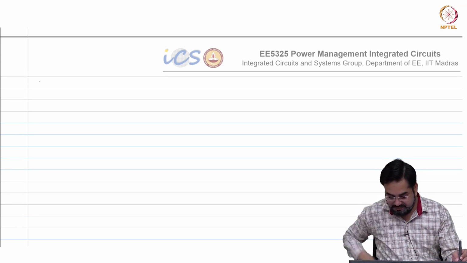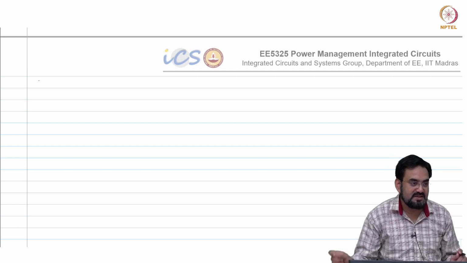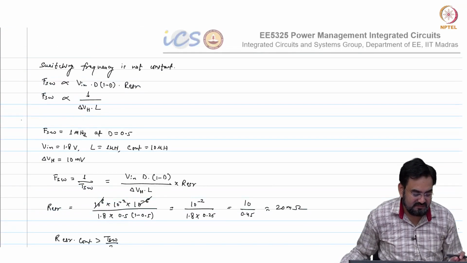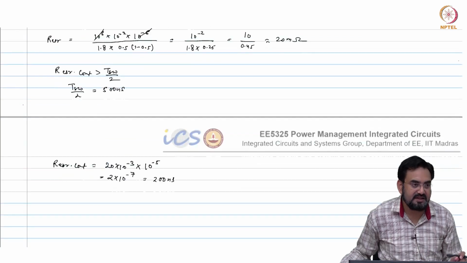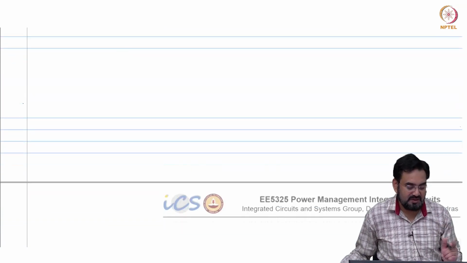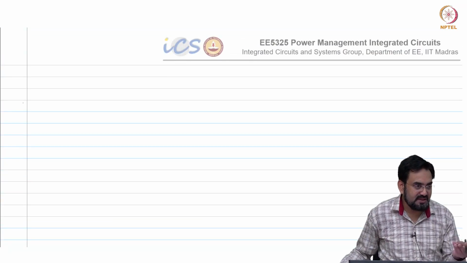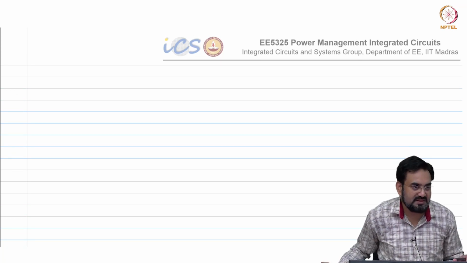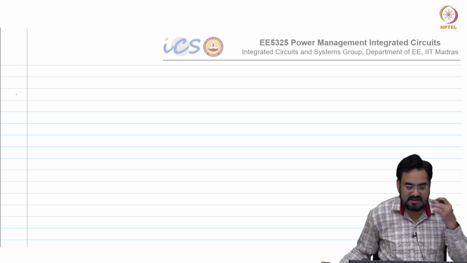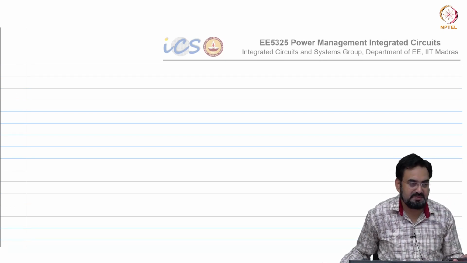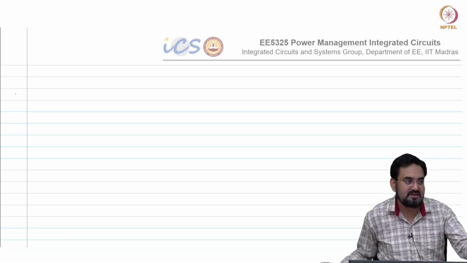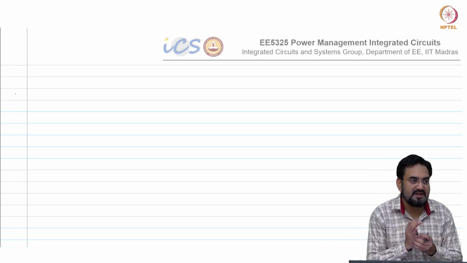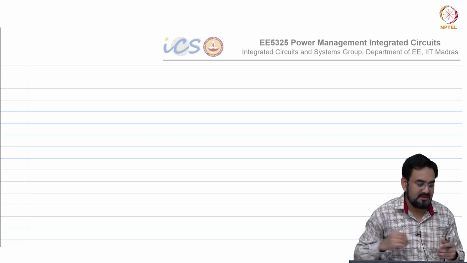Okay, so by the way, when you are sensing the output voltage, we call it voltage mode hysteretic, because we are looking at the output. And we saw the issue was that you need a large ESR. Basically, the RC time constant at the output cap should be much larger. So, either you have to increase the capacitor or increase the resistance to make the output ripple in phase with the inductor current.